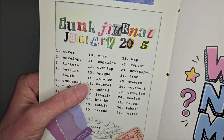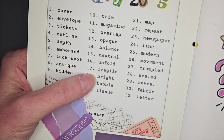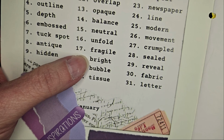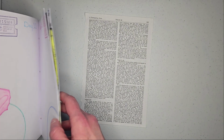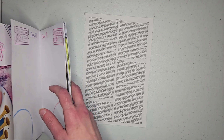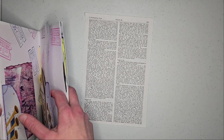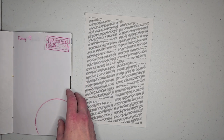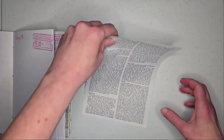Today we are up to number 17, and the prompt for today is fragile. So I was thinking about, what do I have in my place that is fragile? What could I use today? What did I say? Today's 17? Let me get the right page here. Okay. And I have,